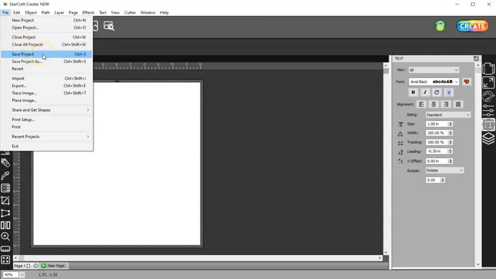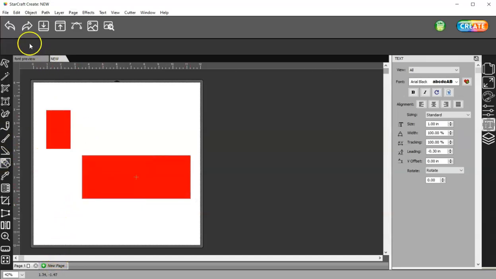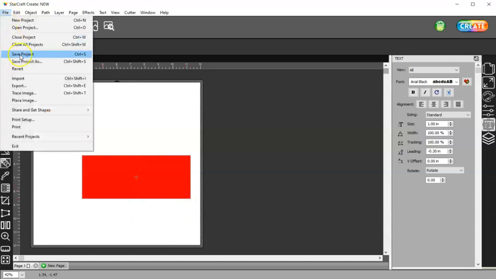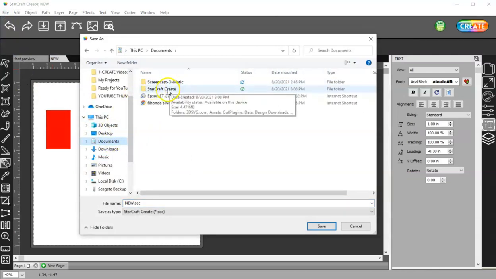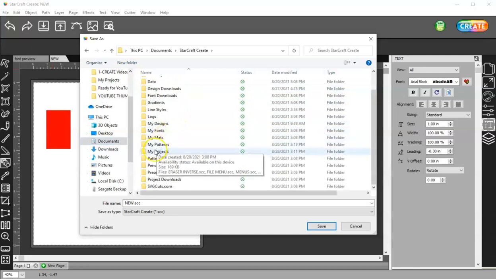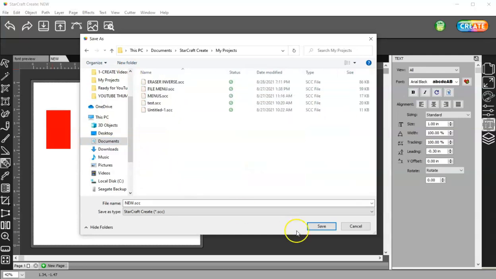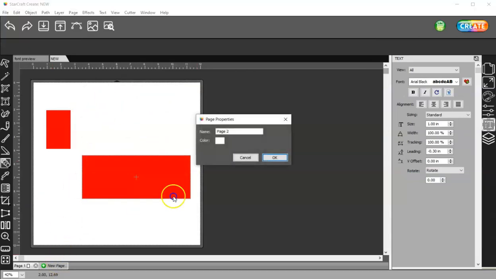I can save a project if I just draw out some stuff here. Alright, and then I want to save a project. It again is going to open up to my documents, Starcraft Create, my projects, and if I click save, it's going to be there. So let me go to a new page